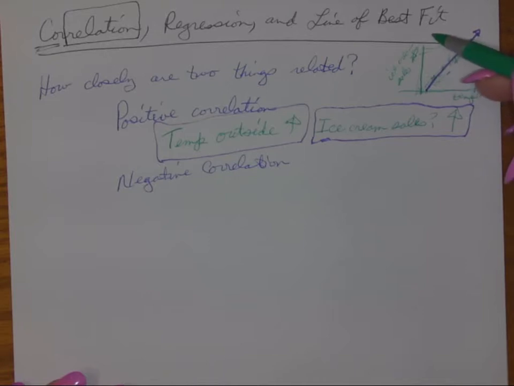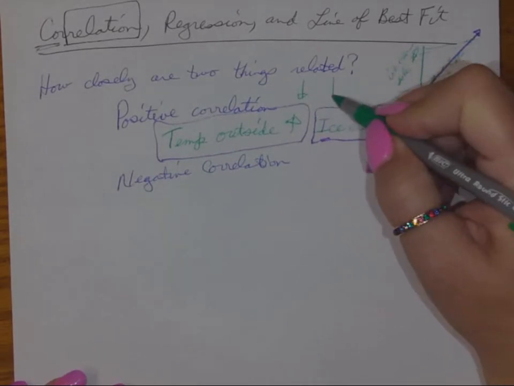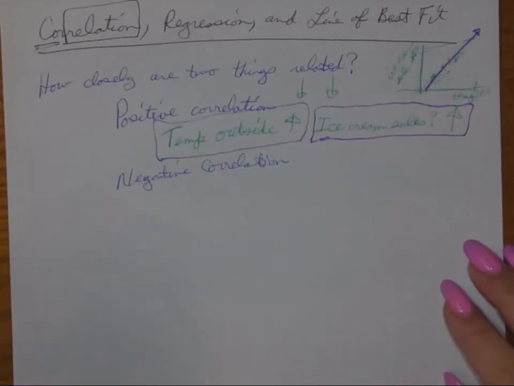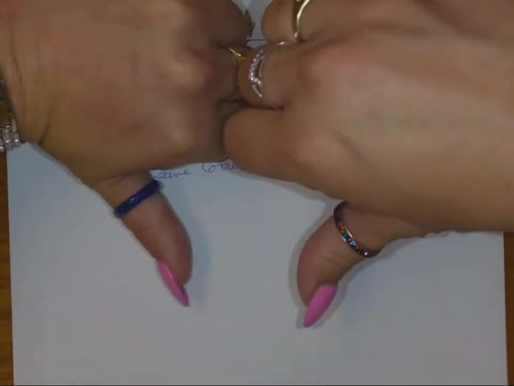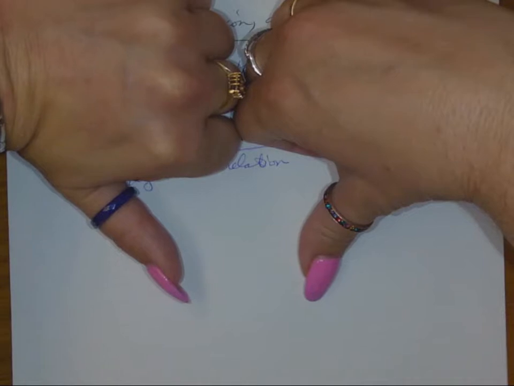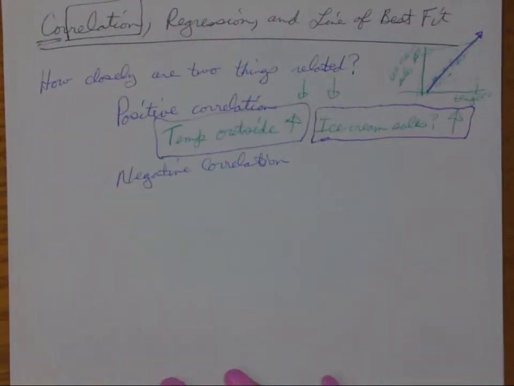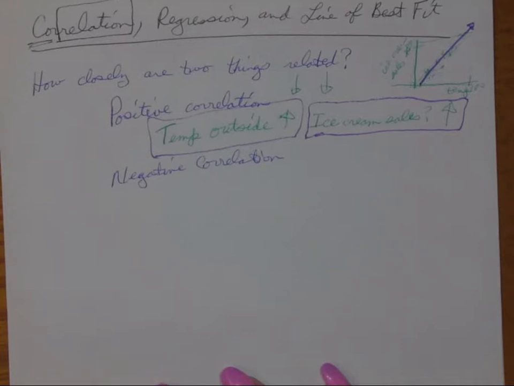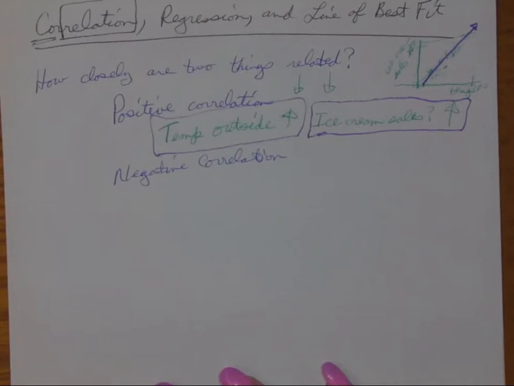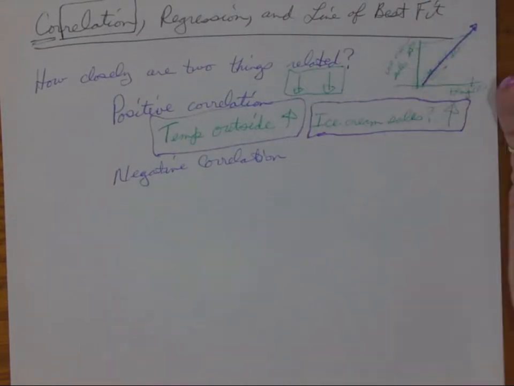The temperature goes down, the ice cream sales go down, right? So if the temperature goes down and the ice cream sales go down, let me give you my thumbs down. That's a down and a down. Now you might think, well, those are negatives, and that's right. But when you think about slope, remember it's the rise over the run, that would be a negative divided by a negative, and what's a negative over a negative? Positive, okay? So what I tell my students in face-to-face classes, I wish y'all were face-to-face with me, is that